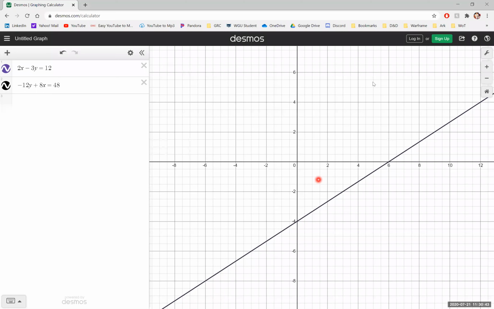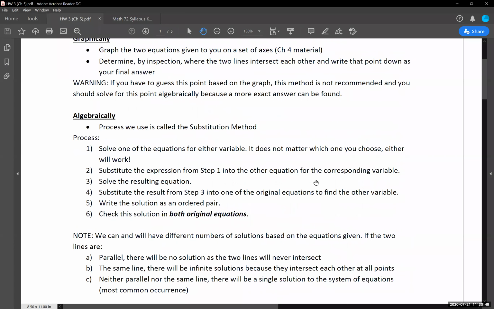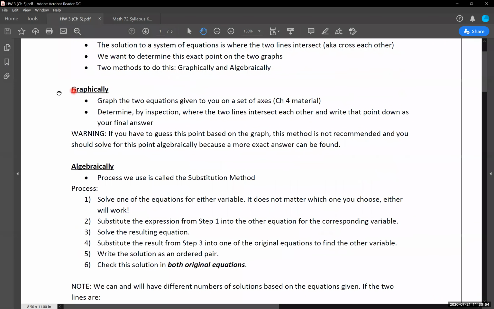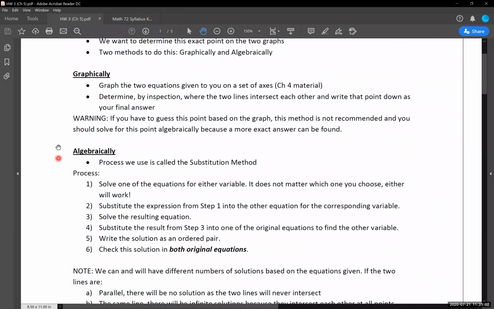So those are the examples that we have. And again, going through each of them being our 2 different chapters that we have. 5.1, working with the graphical method for solving a system of equations. In 5.2, working with the algebraic method for going through and solving the system of equations. And again, this is our first algebraic method, which is the substitution method.